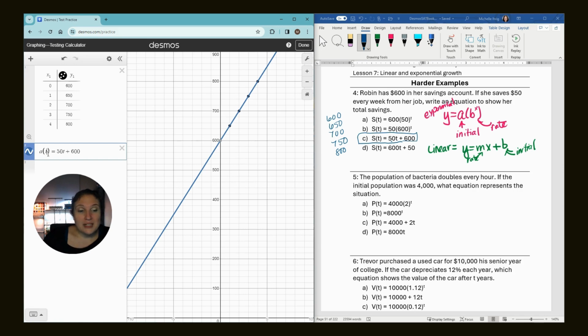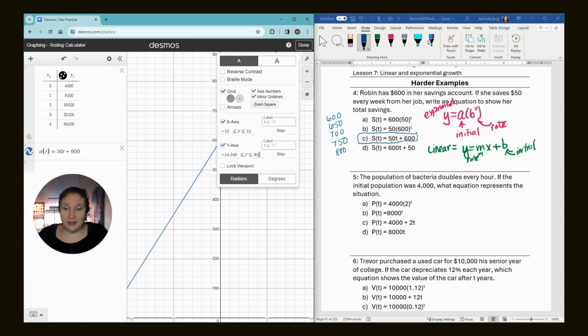The population of bacteria doubles every hour. If the initial population was 4,000, what equation represents this situation? So it's multiplying by 2 every hour. So we know at the first hour, it had 4,000. And then it's doubling. So the second hour would be 8,000. Times 2 again is 16,000, 32,000, and 64,000. So I'm going to hit my little gear up here, and instead of it being 900,